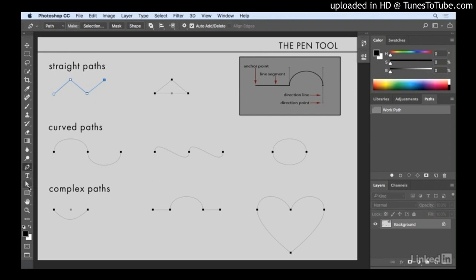While I find that Photoshop's curvature pen tool is excellent for creating shapes, when I need the most amount of control, say for example, if I'm trying to cut out an object from the background or I'm trying to make a vector mask, then I will switch to the traditional pen tool.